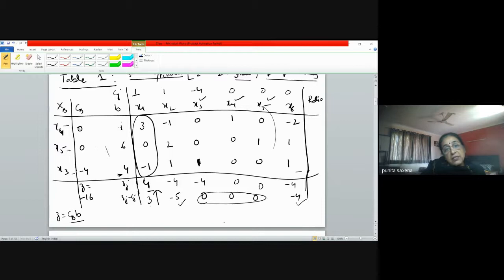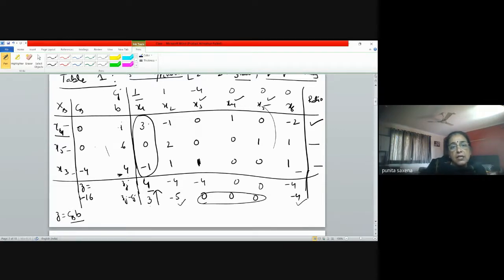Which variable enters the basis? X1 enters the basis. Now to compute the ratio, again, see, so it's like y1, 1, y2, 1, y3, 1, right? So which yij's do I consider? Only those that are strictly more than 0. So that means x5 cannot leave the basis, x3 cannot leave the basis. So what is the only alternative? We don't need to calculate the ratio, because we only have one choice to leave the basis. So which one leaves? X4 goes.